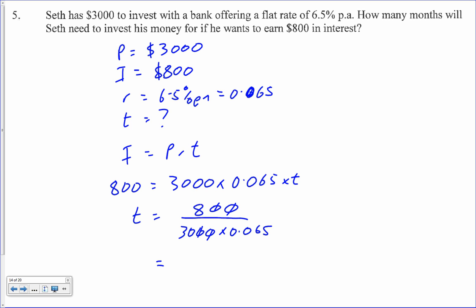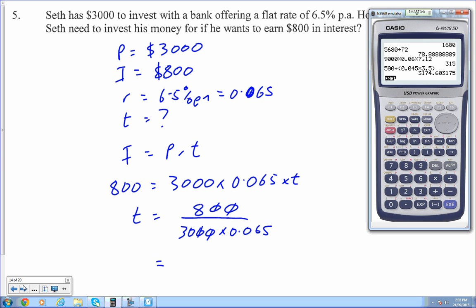Get rid of some zeros. Again, grab our calculator. So we've got 8 divided by, bracket, 30 times 0.065, close bracket. So 4.1